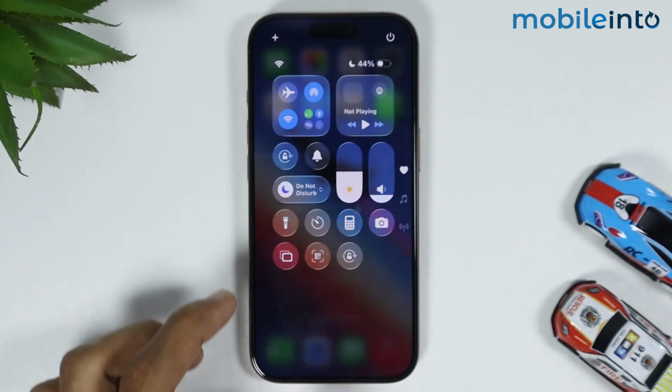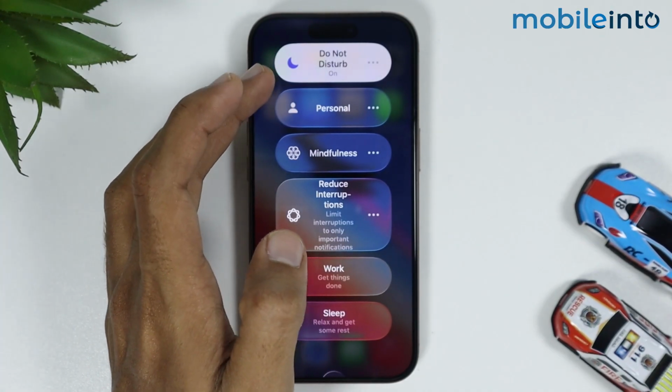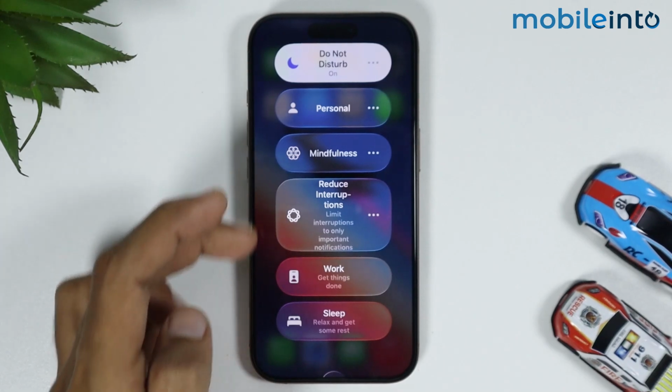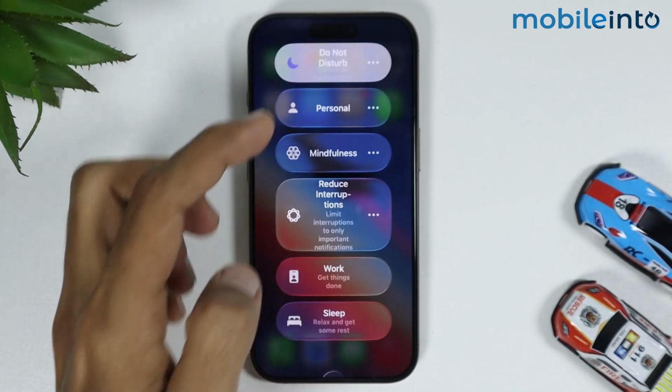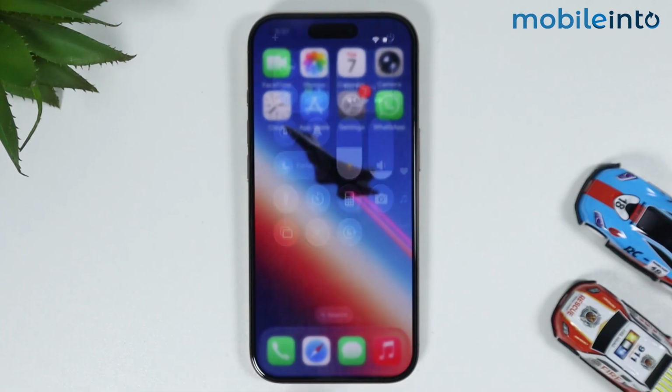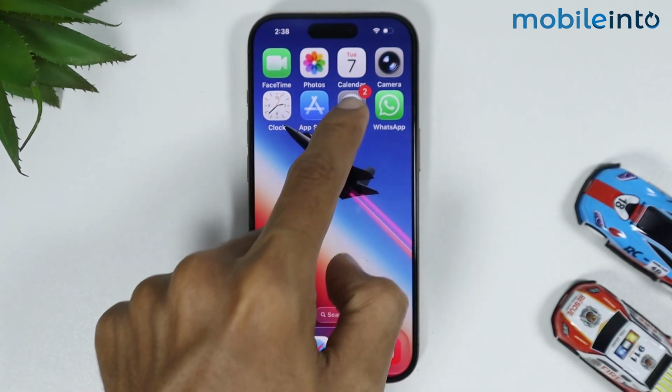Now in the control center, just tap on the focus mode icon and check if do not disturb mode or any other focus mode has been enabled or not. If any of these options is enabled, just tap on it and turn it off. Now after you turn off all the focus modes on your iPhone, then just go to your home screen and